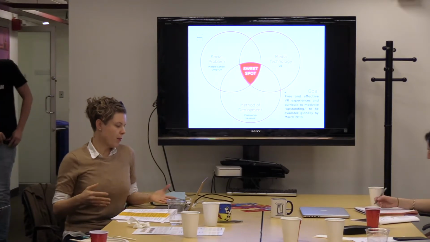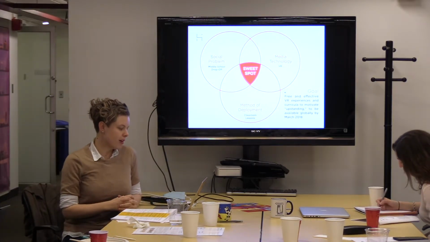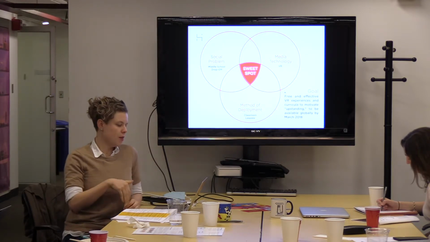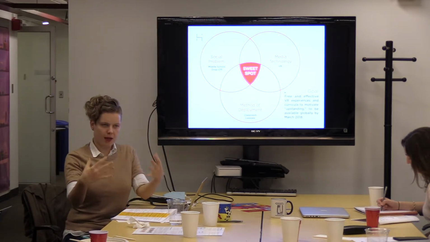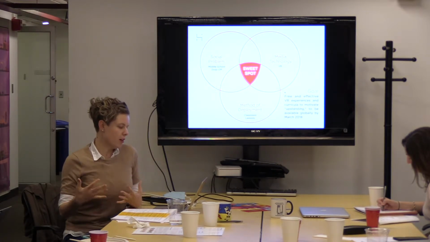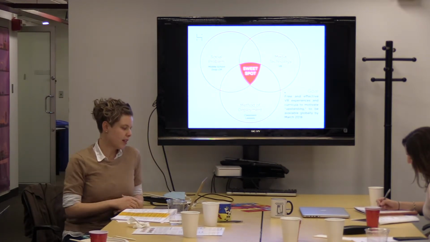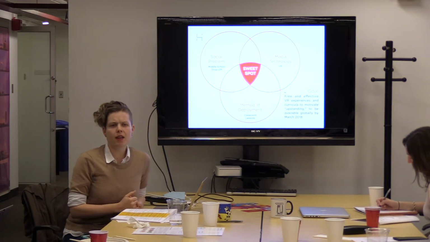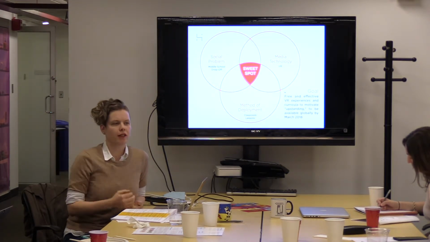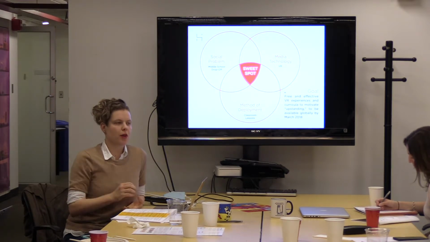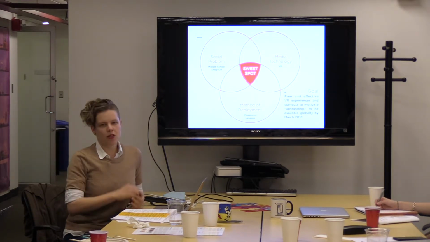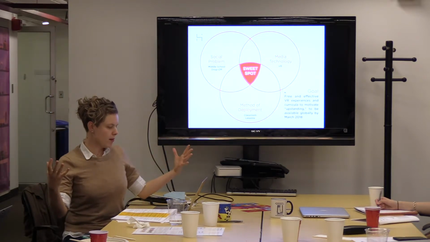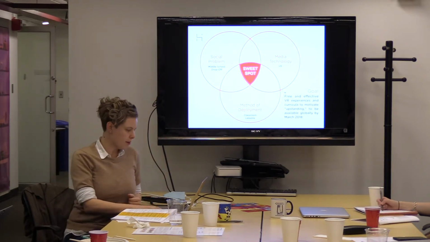So this is one way to state it. Free and effective VR experiences and curricula to motivate upstanding, which is moving from being a bystander to making some positive effect on the problem, to be available globally by March 2018. And this is an example of a goal changing, because we actually didn't know from the beginning that we could have global reach. That came into the project later when we started working with Google's trust and safety team. So this is an example of how a goal might change. In this case, it was able to become more ambitious. Sometimes that's not possible, but.